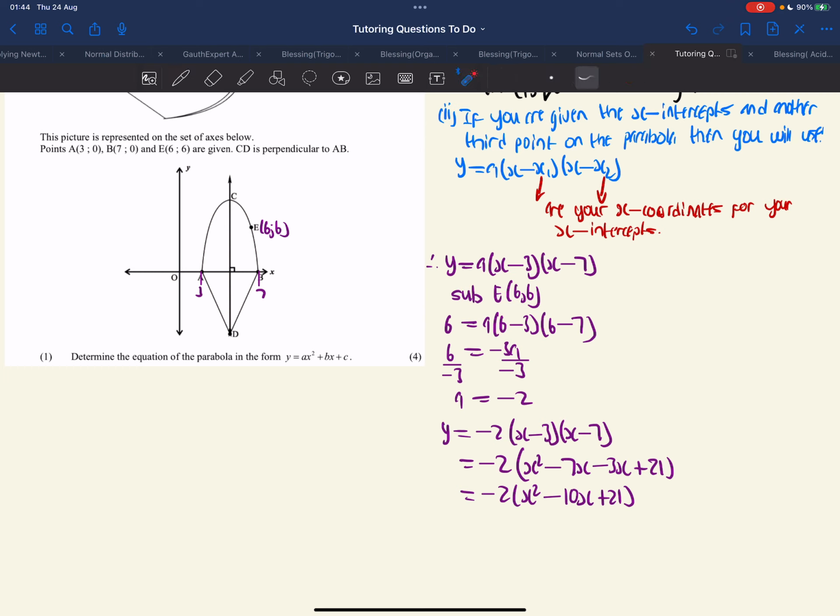And then if you still use the distributive law to multiply with the negative 2 inside there, you should get now minus 2x squared plus 20x and then minus 2 times 21, minus 42. All right, so that's the parabola in its standard form. It should be minus 2x squared plus 20x minus 42. Okay,